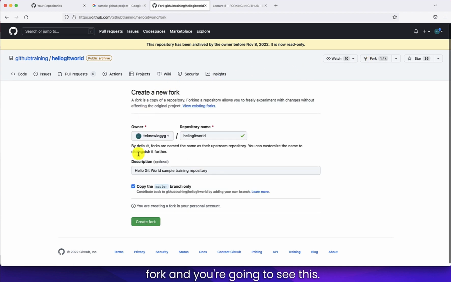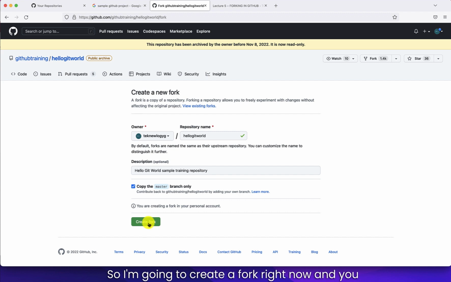and you're going to see this. Right now, this is the owner of this project, not me. But once I create a fork, it's going to clone the copy to my own repository. Then I can make some changes on there. I can make my contribution and do a pull request to the owner. So copy the master branch only. Okay, so I'm going to create a fork right now,